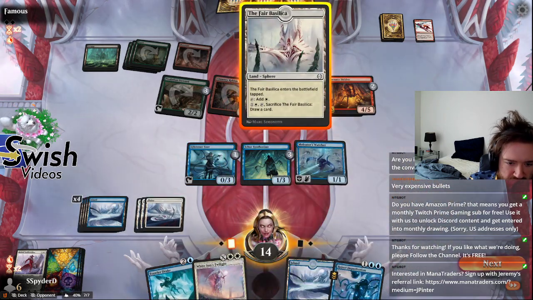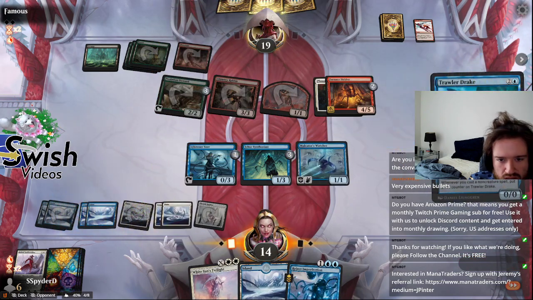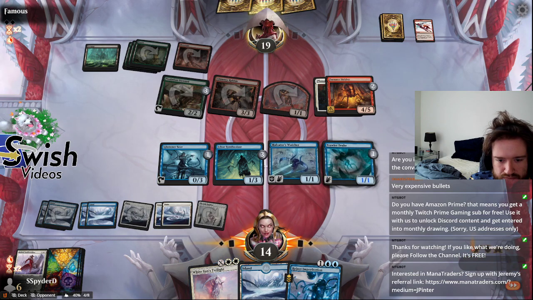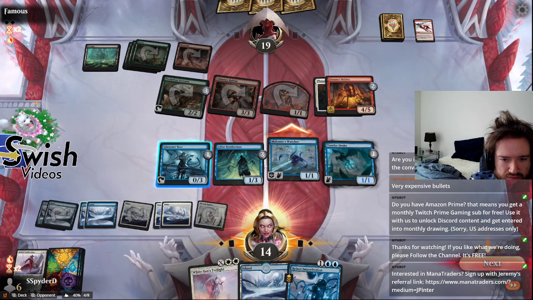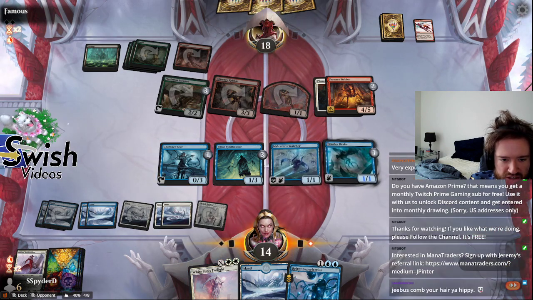Gonna play the Fair Basilica. Gonna play the Drake. Attack for 1. Then go. There's a world where I would trade with Synthesizer if he plays into the counterspell, so...